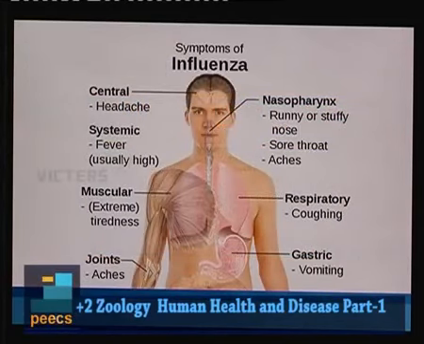Now in this diagram you can clearly see what are the different portions of our body affected by this particular virus in a severe condition. So when it is very severe, it will turn out to be an influenza situation. So you can see the different portions affected by this particular microbe.